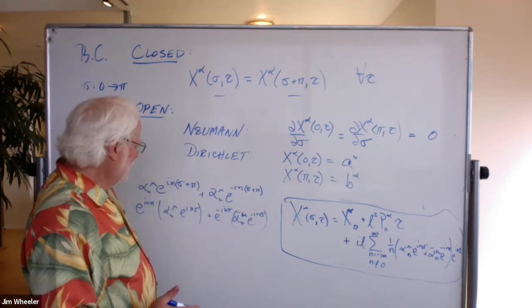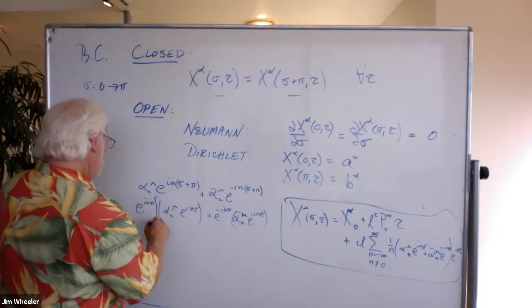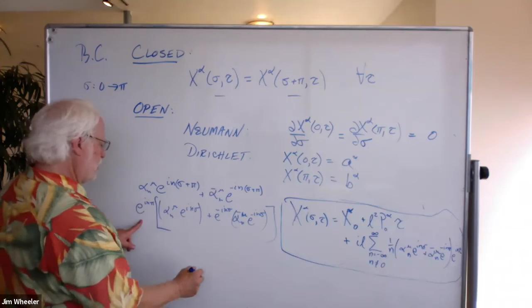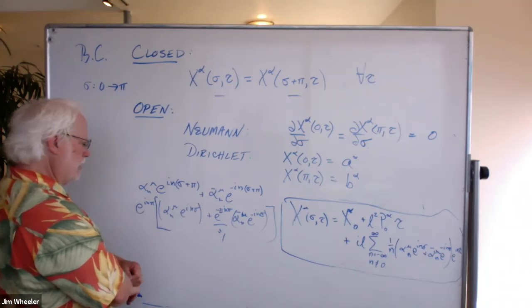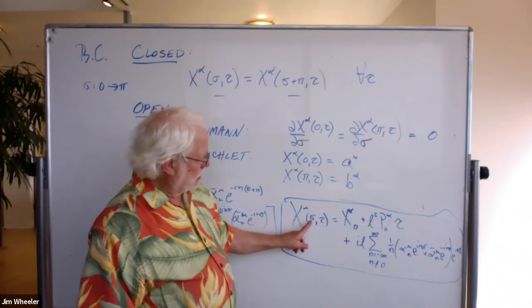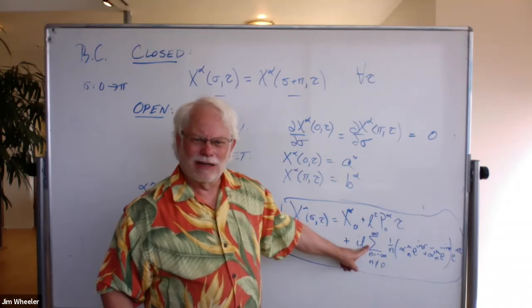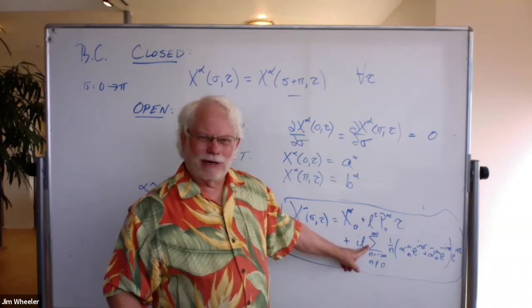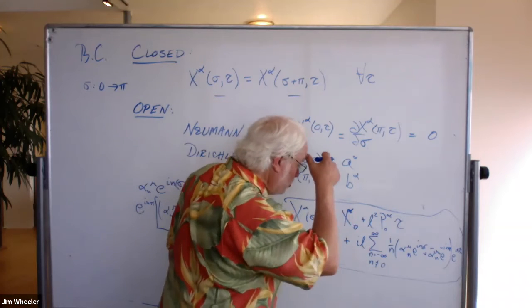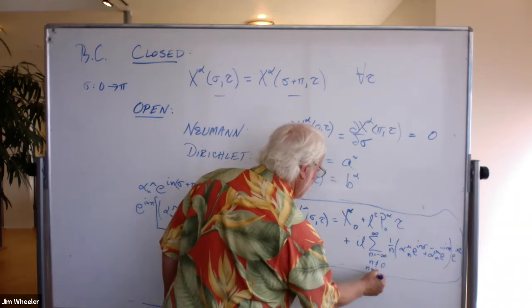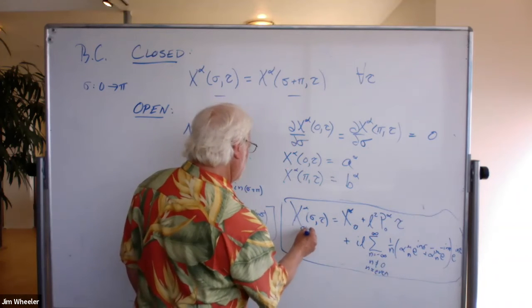What this means is, if I pull out this factor overall, I can put a 2 here, and that's just equal to 1. So when I go to x of sigma plus pi, I get an e to the i n pi here. The only way to get rid of that is by dealing with only even n. So the closed boundary condition just takes n even here. So for x closed,